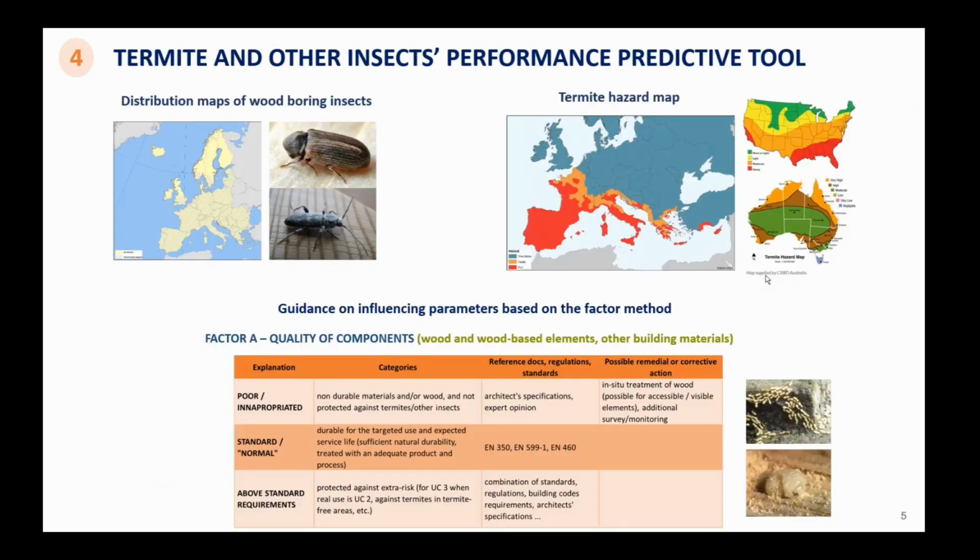A new distribution map has been proposed for the 2 main beetle species known to cause significant damage to wood used for building purpose in Europe, the furniture beetle and the house longhorn beetle. Furthermore, these 2 species are the models used to evaluate the efficacy of wood preservatives according to European standards and biocidal product regulations. The key question is how far from the current distribution range these species could spread in 20-50 years. In order to strengthen the available monitoring tools, we attempted to build up for the first time a European termite hazard map inspired by those made in the US and in Australia.